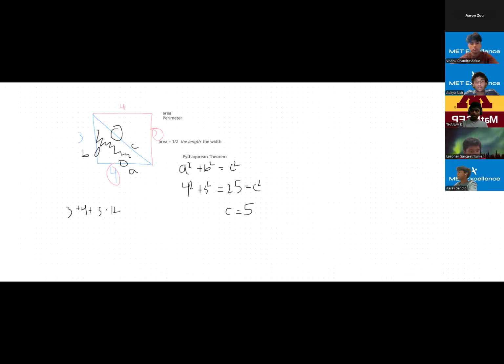The Pythagorean theorem is something you should all write down somewhere or make sure you study, because this is going to be all over the test, especially for geometry. It's really easy to trip you up. And now let's move on to another. I'm going to throw another practice problem up there. It's another triangle, and I want you to tell me the area and perimeter of this triangle.